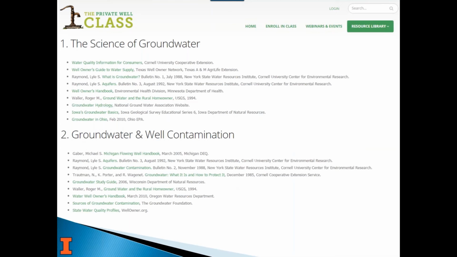For each lesson, like the first lesson is called The Science of Groundwater, we also include a bunch of other resources that are publicly available and free on the internet. So that if you want to get more information, or the way we explained it in our lesson isn't that clear. I wrote it. I'm not an educator per se. So it may be that there's terms you didn't understand or I didn't explain them that well. You can go to these other sources and we think they're pretty good. And they're all vetted by us, so to speak. And they're usually from an agency or a university. But there's a lot of helpful information.